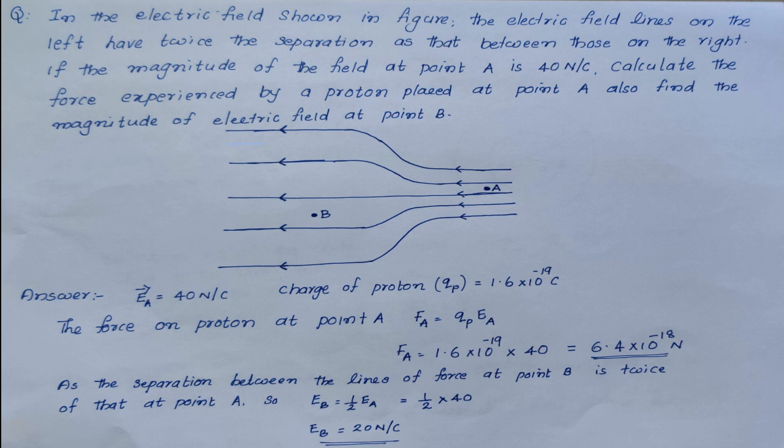Then we need to find the force. We know the equation for finding the force. The force on the proton at A. If we place a charge in an electric field, it will experience a force. The equation for that is F = QE. Here Q is the proton charge, which we know is 1.6 × 10⁻¹⁹ coulomb. The electric field is given as 40 Newton per coulomb. So by using the equation F = Q × E, we can find the value of force experienced on the proton at A. That is given by 1.6 × 10⁻¹⁹ × 40, that is equal to 6.4 × 10⁻¹⁸